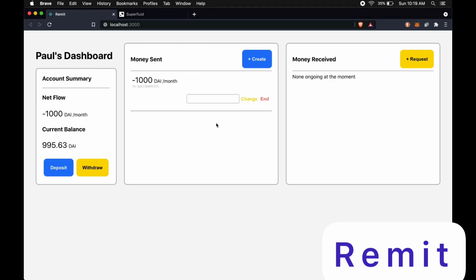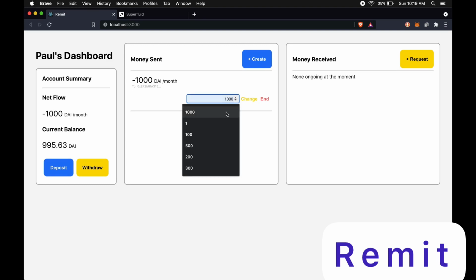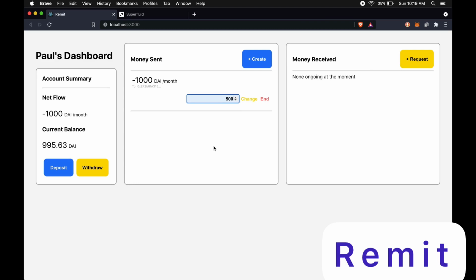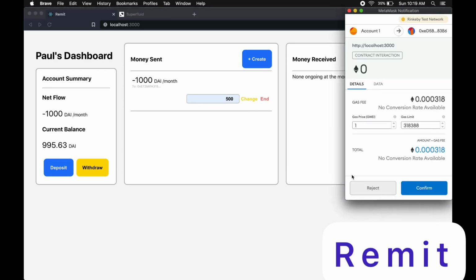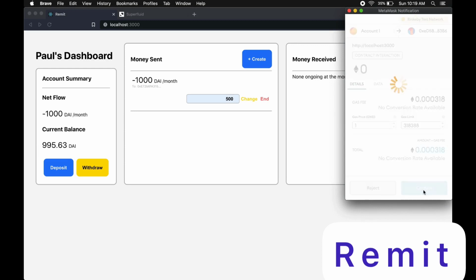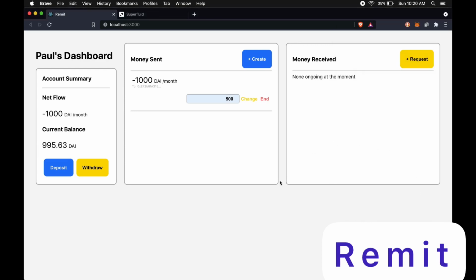Now let's say I'm sending him a lot of money. I don't want to send him that much money anymore. So what Paul can do is reduce it down to like 500 DAI a month instead. Click change and pay the gas fee and submit the transaction. Yeah, there we go. So it switched to 500,